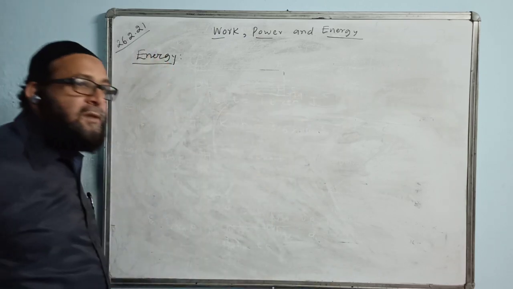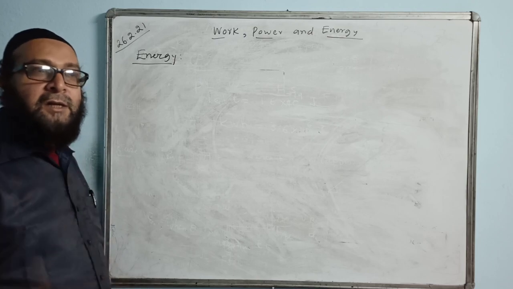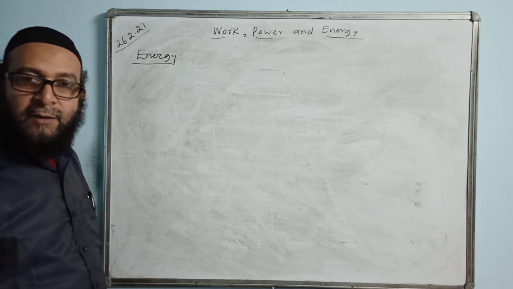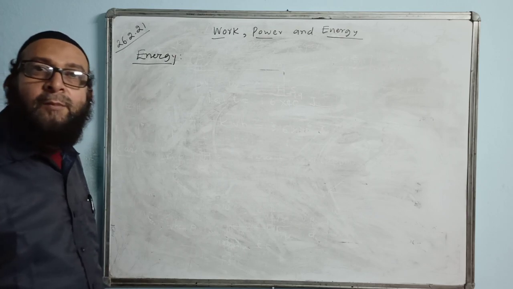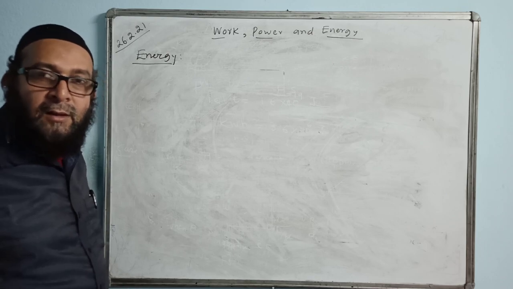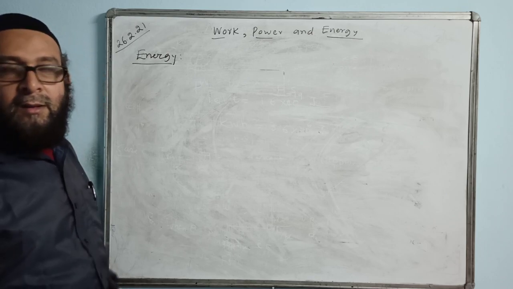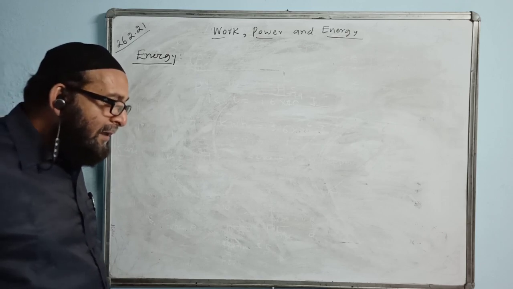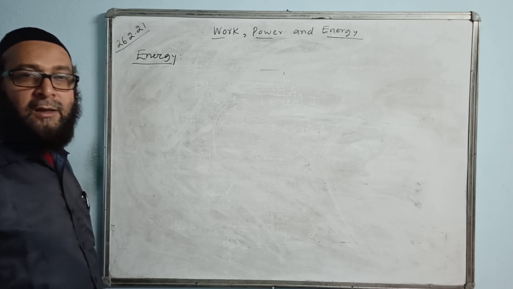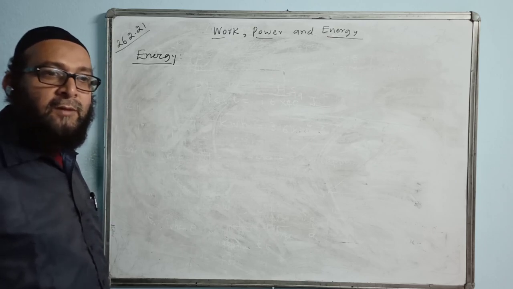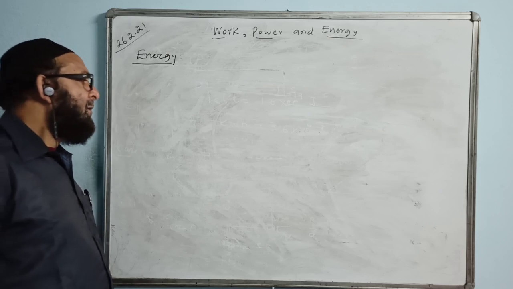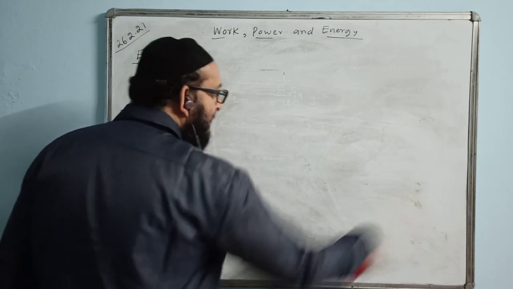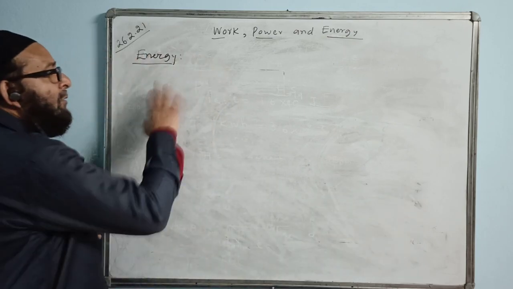There are various forms of energy. We have mechanical energy, heat energy, sound energy, electrical energy, magnetic energy, nuclear energy, so many forms. Which energy is the most important or most desirable form of energy? Last time I told you that. Electrical energy is the most important form because electrical energy we can easily convert into the other forms of energy. I taught this already, don't forget. The concept I have already given, but you are forgetting it. Okay, anyway.